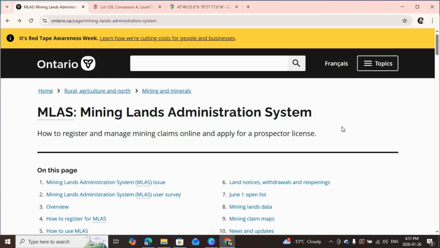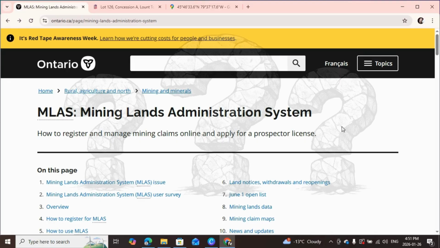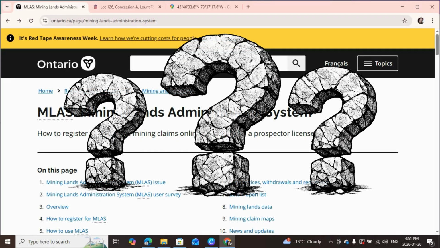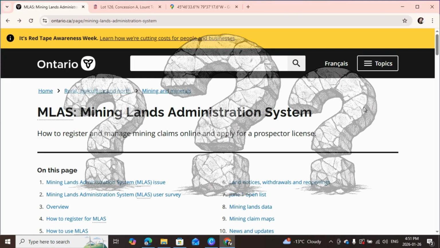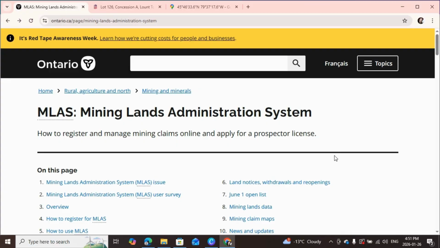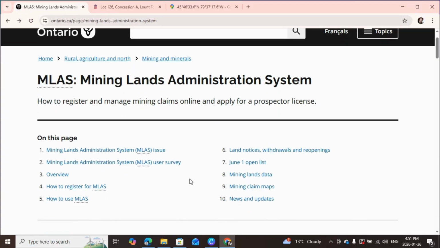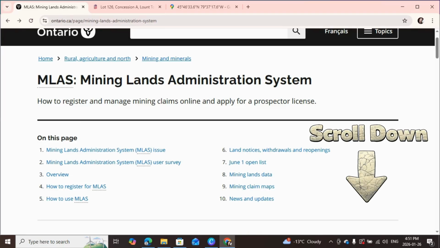All right, step number one. Let's see if we can figure out where to find the map viewer. As we come into the home page, you'll notice there really aren't a lot of tabs available for us. And these hyperlinks here in the top really aren't going to take us where we need to go. So the first thing that we need to do is to scroll down